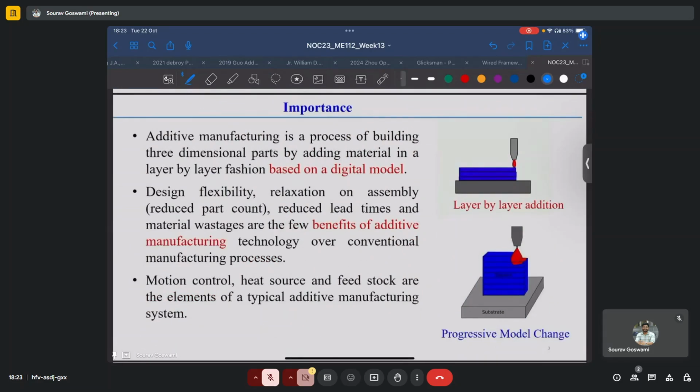Now, a slide that summarizes the importance of additive manufacturing processes. So, AM by definition is the process of building three-dimensional parts by adding material in a layer by layer fashion based on a digital model. This layer by layer terminology is very important for any AM process because